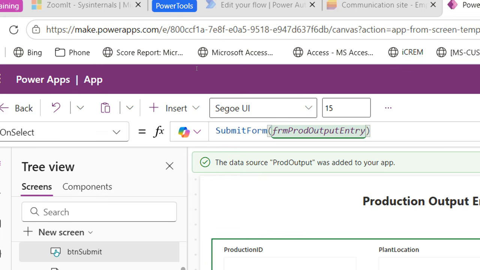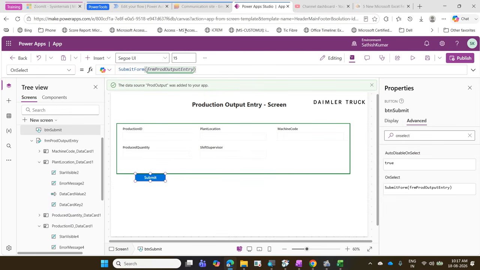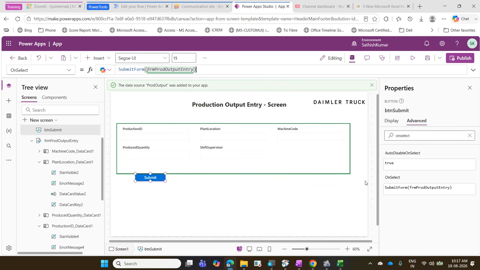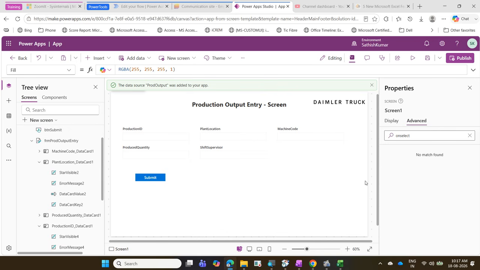How to accept it? Don't press enter. If you press enter, it will go to the next line of the coding. So click somewhere else outside. Come out of this formula bar. Click somewhere else outside here, or press Alt enter for accepting it. Now,